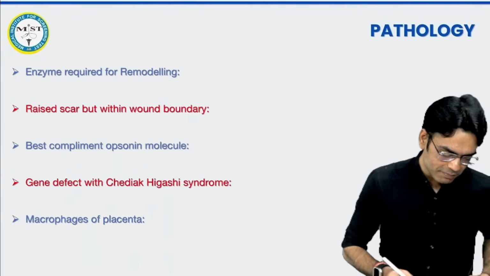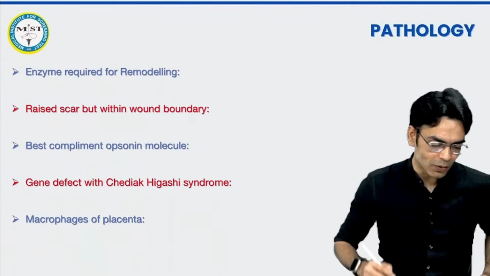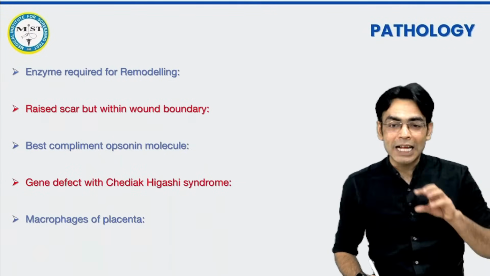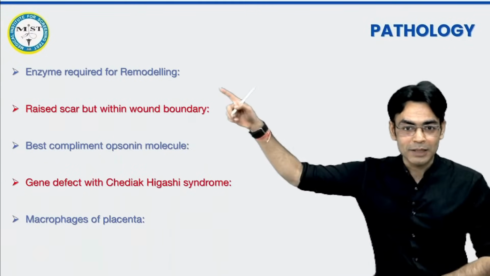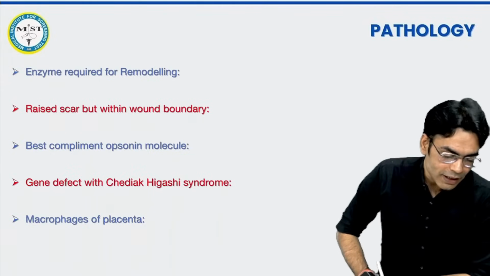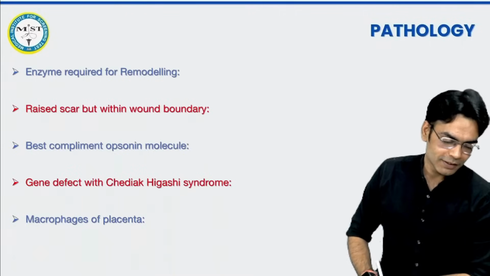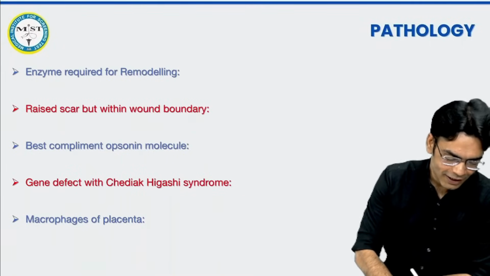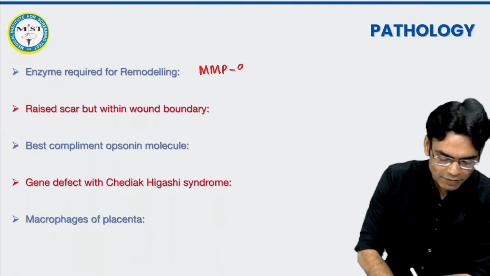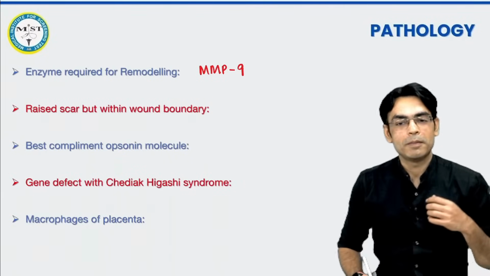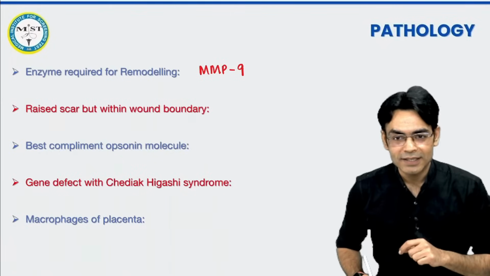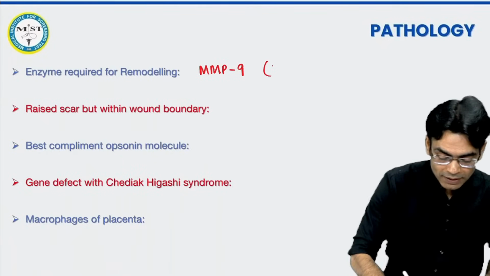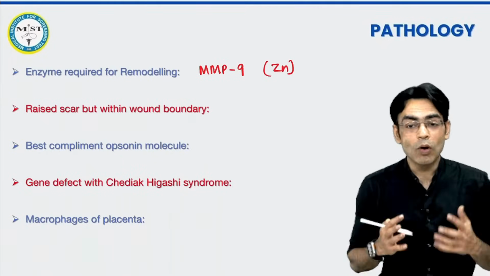So enzyme required for remodeling. आंसर बताओ. शुभम, दांत मत दिखा इतने सारे. आंसर बता फटाफट. तेरा वेट कर रहा हूं शुभम मैं आंसर का. Yes, it is MMP9. Very good. Matrix metalloproteinase. ठीक है, कौन सा मेटल है छोटू यहाँ पे? Zn. और रीमॉडलिंग क्या बताया था अपन ने?